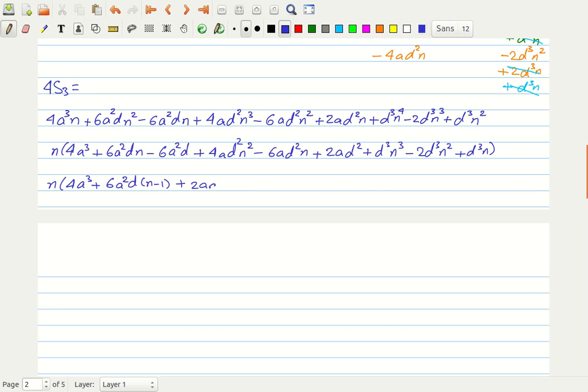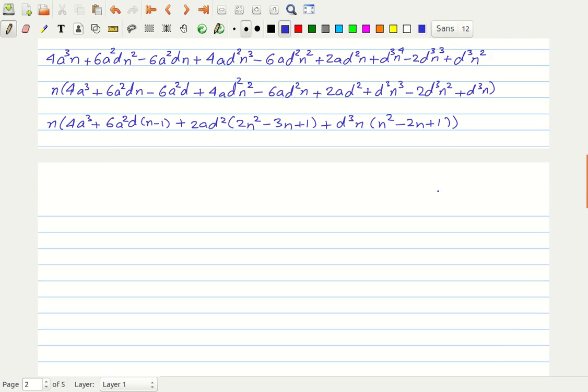If I take 2ad square common factor out, we are left with 2n square minus 3n plus 1, and if I take d cube, in fact I can take d cube n as the common factor out, so this will become n square minus 2n plus 1,